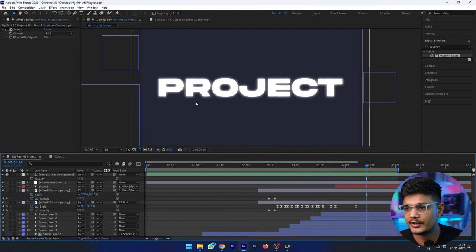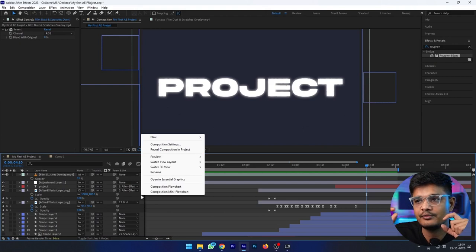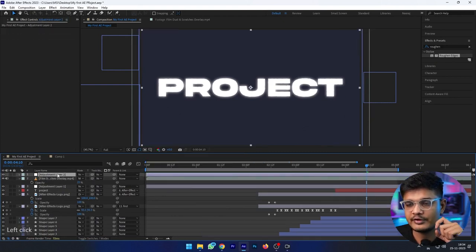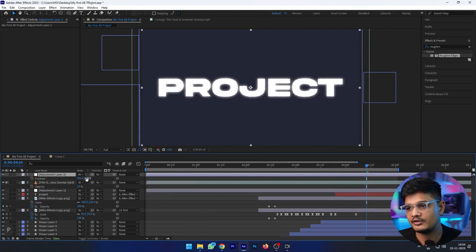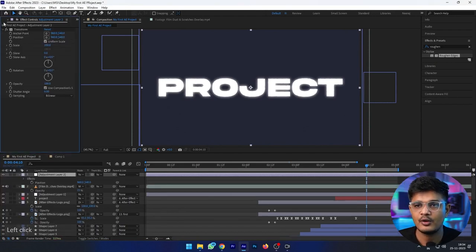Now this is looking so flat, and as I talked about Vox and other YouTubers, they use a jitter kind of effect, which we used in Premiere also. Jitter means a jittery video which is continuously moving a little bit. To add this effect, we will create an adjustment layer. On this adjustment layer, if we change its position, it won't affect the layers below it. So we need to add the transform effect.